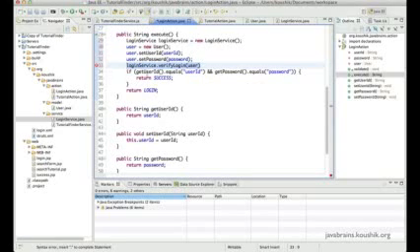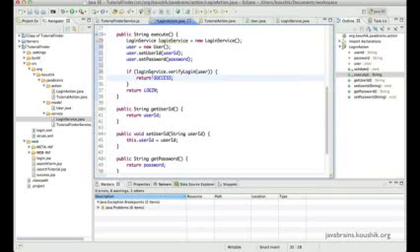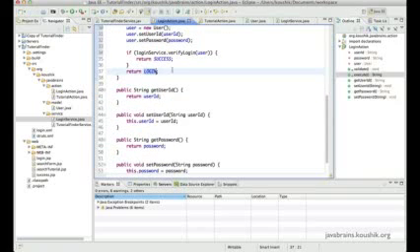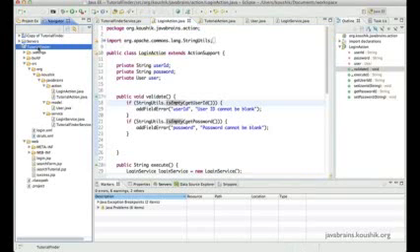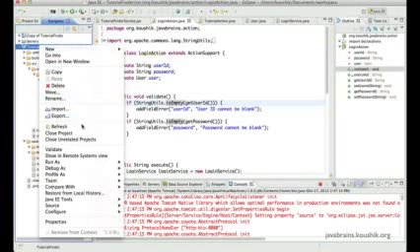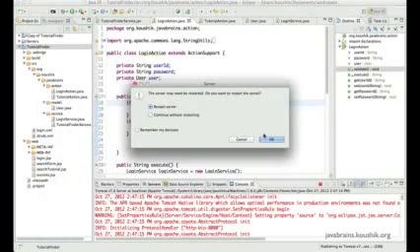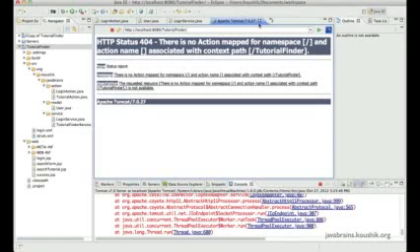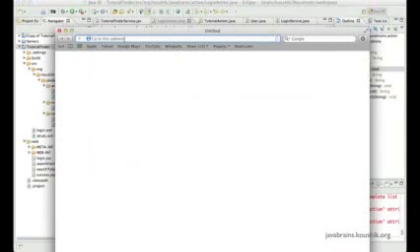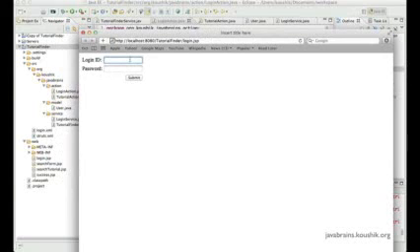I'm not going to do a check over here. Instead, I'll just say if the login service verifies the user, then return success, else return login. Okay, so now let's go ahead and quickly run this thing. Open my browser. I'll paste the URL for login.jsp. Now if I enter user ID and password,